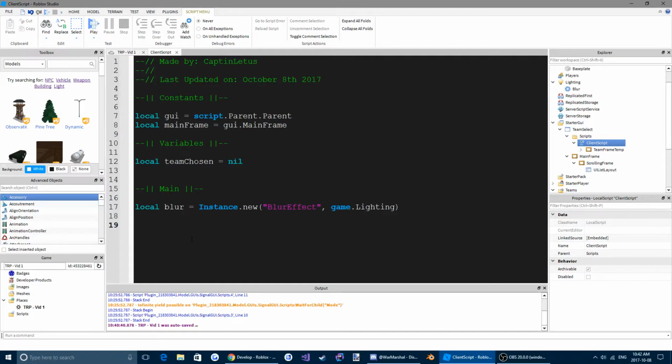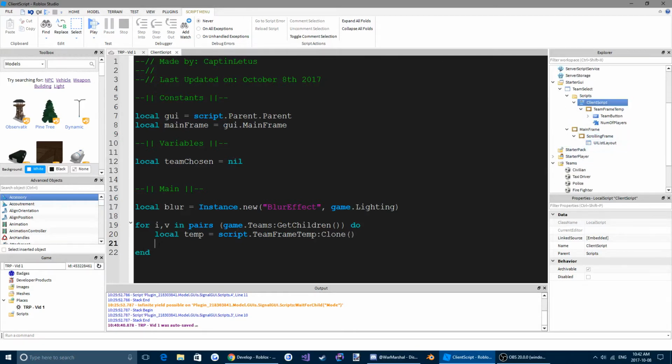So what we're going to do is a for loop: for i, v in pairs game.teams:GetChildren() do. So for each team it's going to do this. It's going to do local temp equals script.TeamFrameTemp:Clone(), and then we're going to change the values of our template to reflect the actual team properties. So let's do temp.TeamButton.Text equals v.Name,